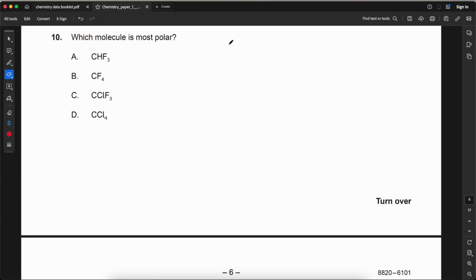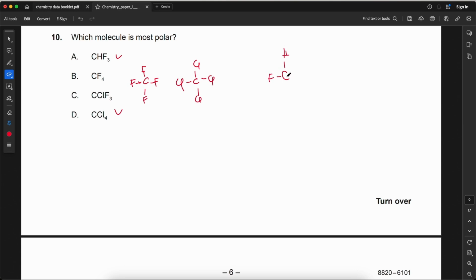Which molecule is most polar? For CF4, the dipoles cancel, so it's non-polar. The same goes for D, CCl4. Also the dipoles cancel, so it's non-polar. But for A and C, we'll see